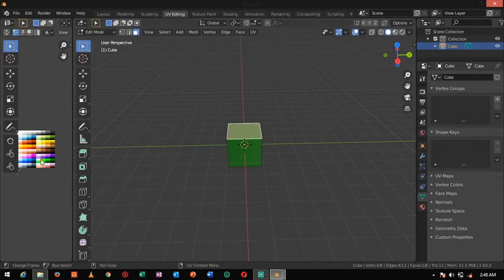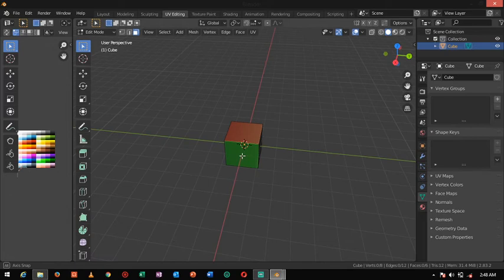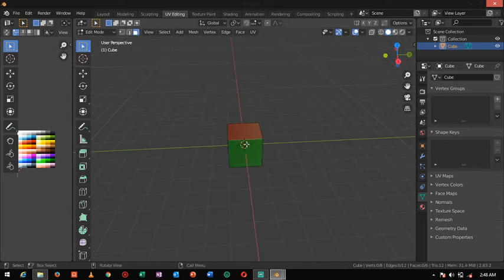I'll do A, then G. Simply I'll go there and make it red. See, now it is colored red. Now you know how to do coloring. In Blender, if you want to increase this, you can use the extrude option.